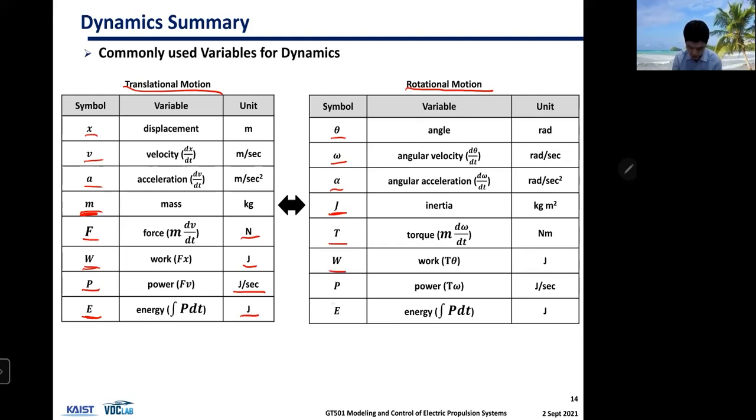And work, power, energy is identical to the translational motion. They both have joule per second, or watt, and joule. So both translational motion and rotational motion have same units for work, power, and energy. That's important. But torque and force have different units, because torque